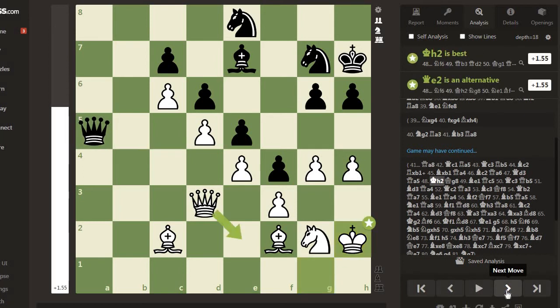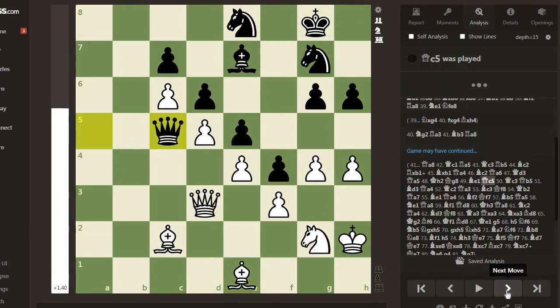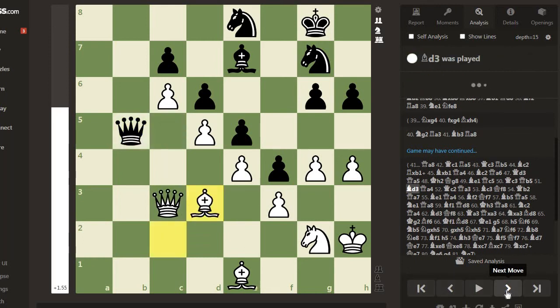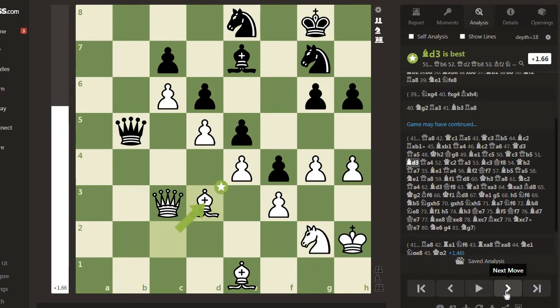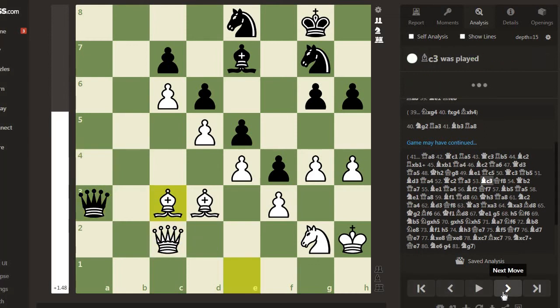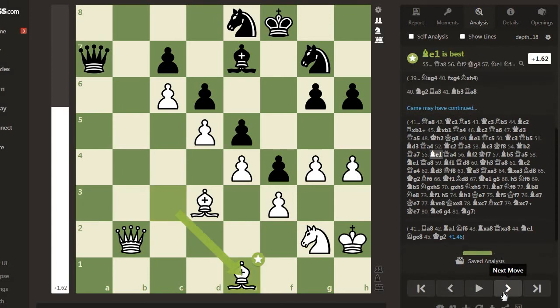King h2. The king is ready to protect the h4 pawn, liberating both the knight and bishop. King g8, bishop e1, queen c5, queen c3, queen b5, bishop d3. Very patiently, White neutralizes Black's last active piece by forcing its exchange. Queen a4, queen c2, queen a3, bishop c3, king f8, queen b2, queen a7, bishop e1,